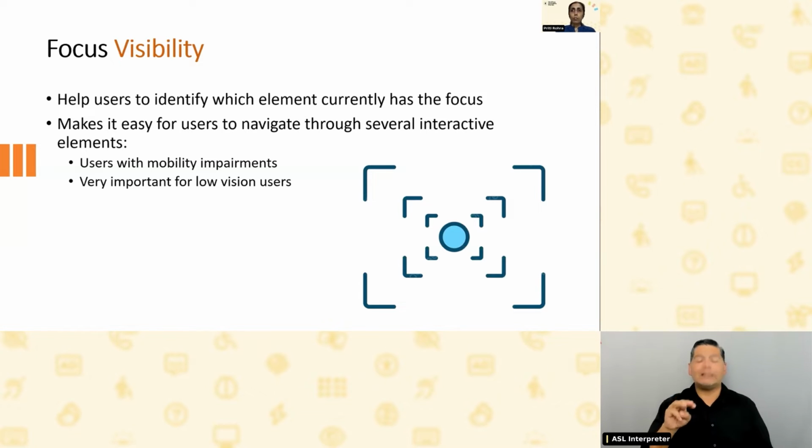For those who are viewing the information through their screens, they would need to know where the keyboard focus is at any given point of time. And in the absence of a visible focus indicator, they would feel lost about where exactly they are.